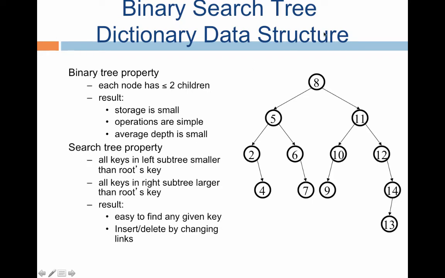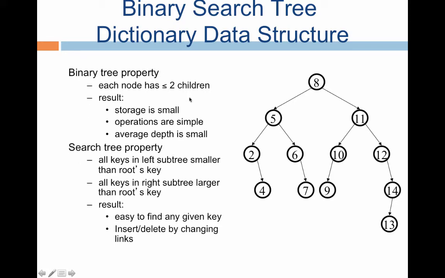I'd like to recall your attention again that we are going to use the binary search tree to implement our dictionary abstract data type. Therefore, from now on, whatever we discuss is going to be a discussion on the binary search tree. We are going to define what a binary search tree is and understand it in a very clear way. Whenever you think of a binary search tree, you think of two properties. One is called the binary tree property, which is a structural property, and the second one is the search tree property.